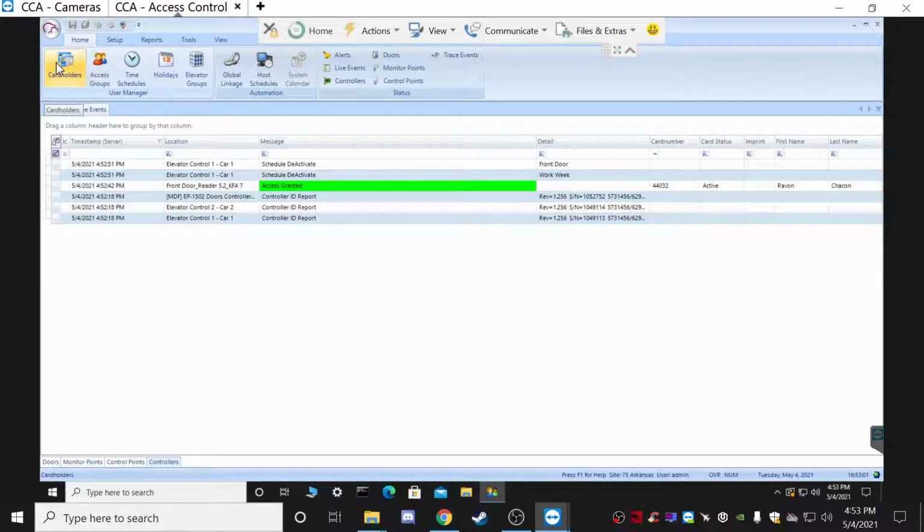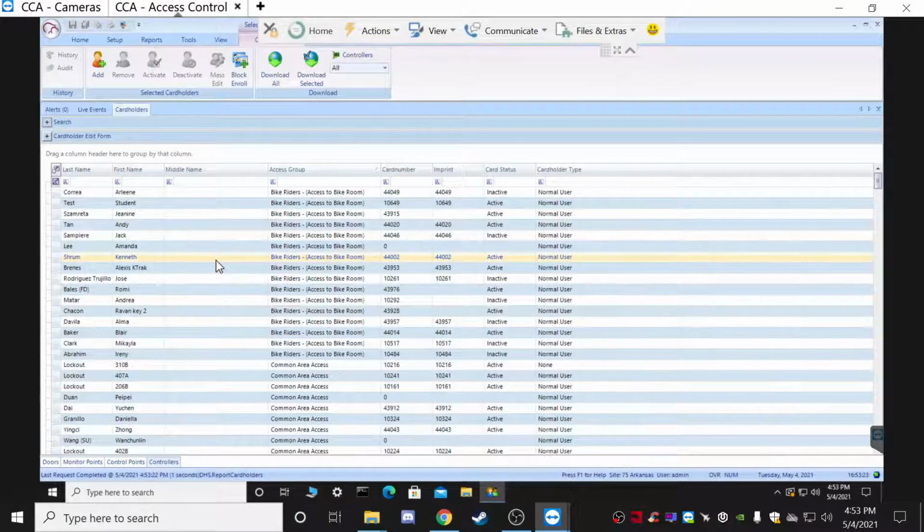As far as going in and looking at everything, you can go into card holders. And this is something that we already know needs to be cleaned up. It was at one point, but we had to roll back the software version, and it did restore many of the users. We've made sure to take care of anybody that was in the immediate, but there are plenty of users that we need to restrict access. So that's fine, and we can go ahead and work on that together or make a list, but that is definitely on the horizon. Regardless, this basically tells you all of the card holders and whether or not they're active,